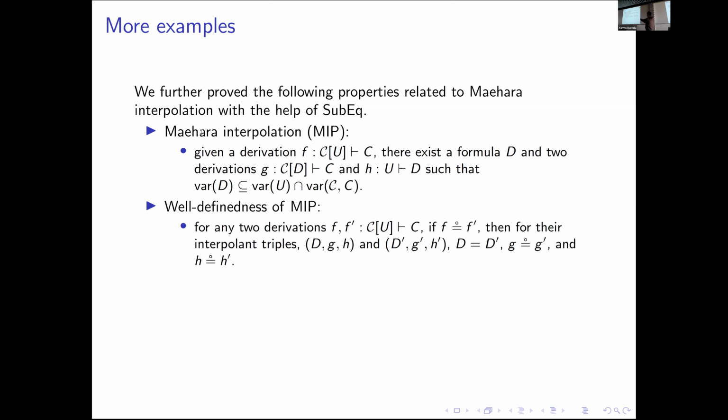Moreover, because we have defined an interpolation procedure,